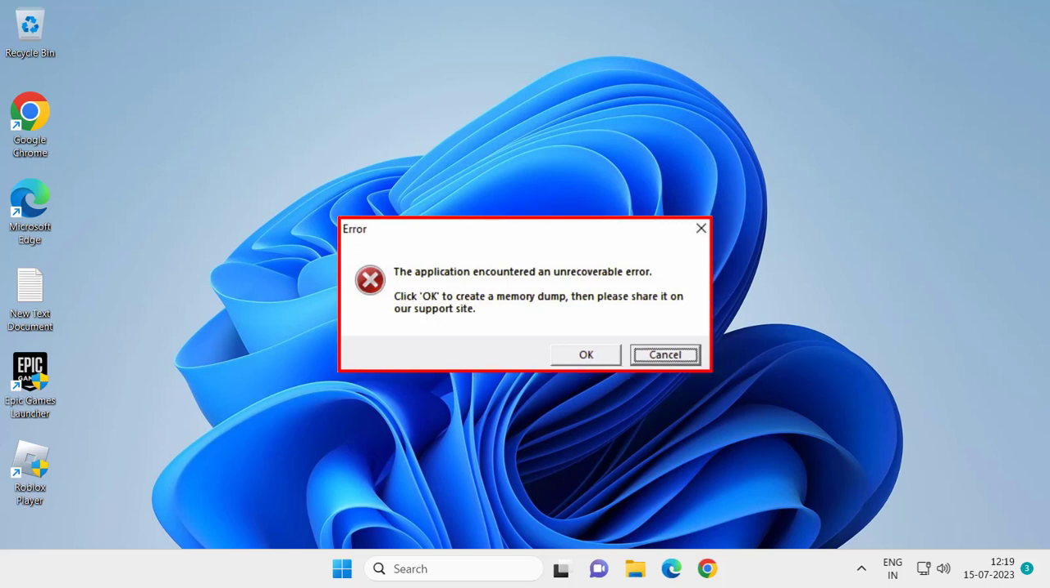Today we are going to see how to resolve the Roblox memory dump error, "The application encountered an unrecoverable error," on a Windows 10 or Windows 11 computer. Let's fix that issue. For that, we just need to check that your graphics card driver and network adapter are up